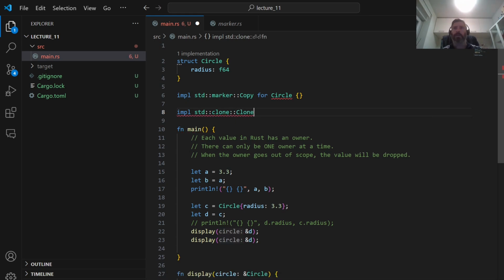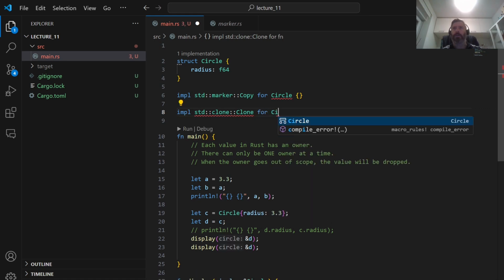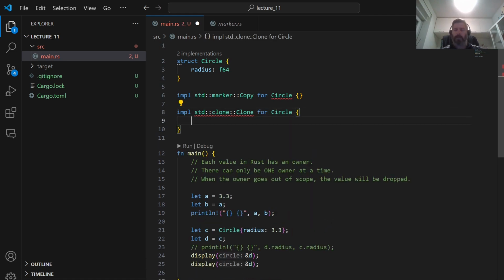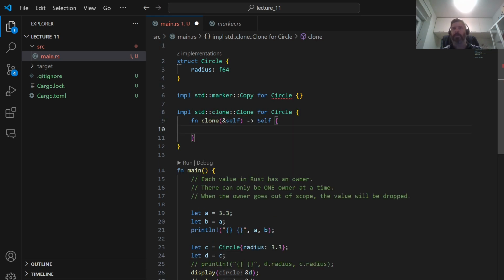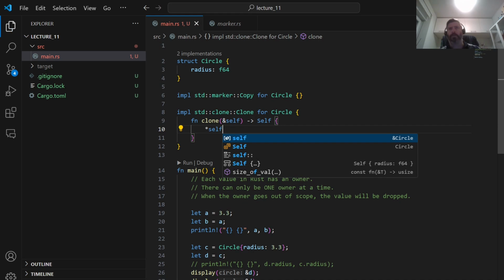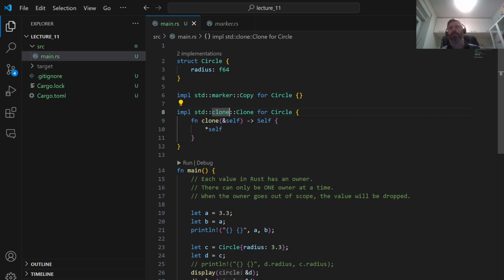So here is this Clone, and for the Clone trait we need to implement the clone method, and the only thing that you need to do here is basically dereference yourself, and you are done. We see that the error is gone, and now this circle structure will behave the same as